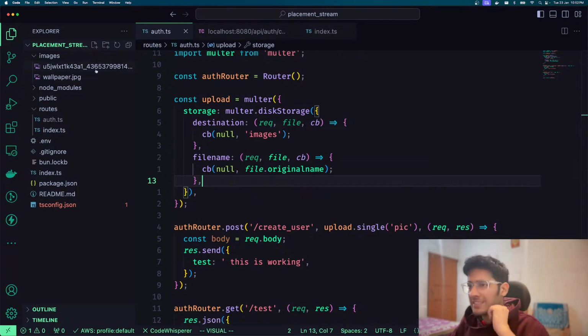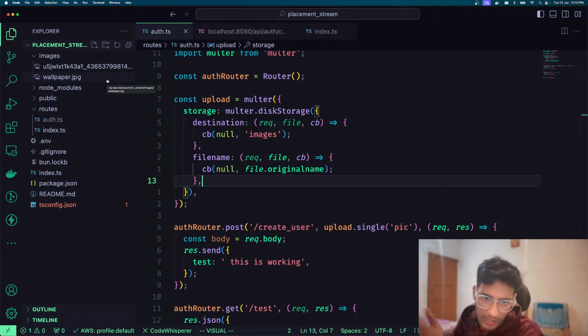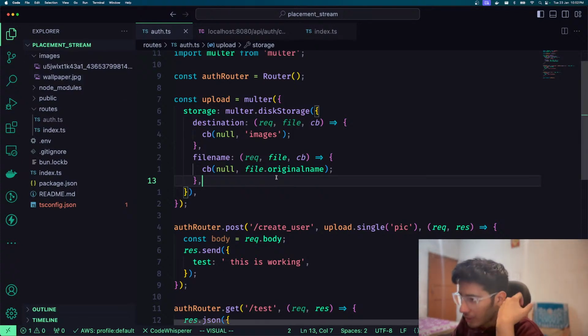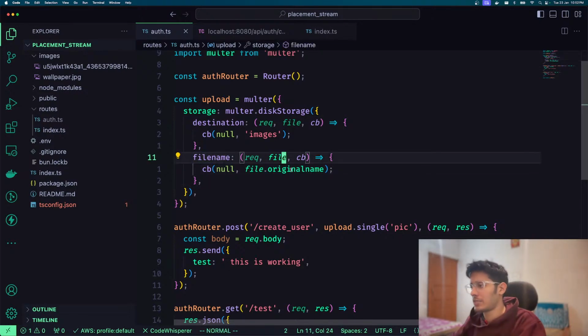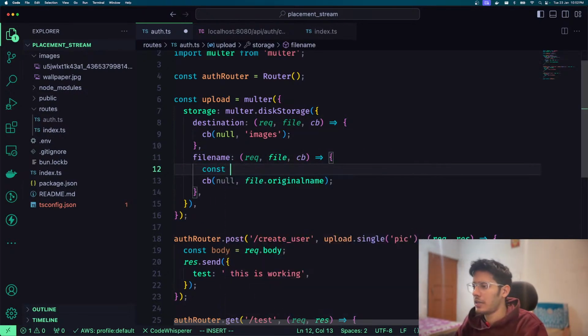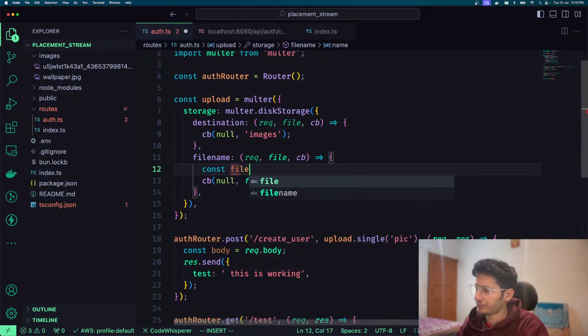The next thing is, let's say someone uploads the same two files, wallpaper.jpg and wallpaper.jpg, with the same name. You have a conflicting name, and then you'll overwrite the files. Now you don't know how to store them. For building a solution for that, this filename callback has been made. So what we can do is say name of file, or filename, something like that,